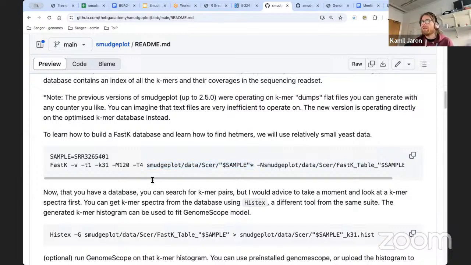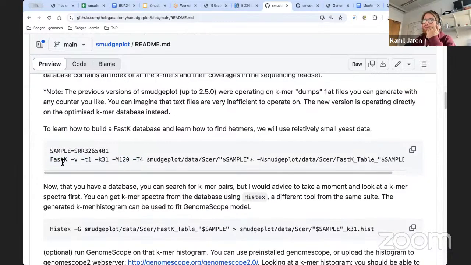In this newer version, we fully switched to FastK, which is a k-mer counter that is extremely fast, about 6 times faster than double hang was. So if you care about climate change and you don't want to burn CPU hours for no reason, just use FastK. It really makes a huge difference. With this, you just build the database. You can look at the manual for what exactly the individual parameters are, but this is about the resource allocation.